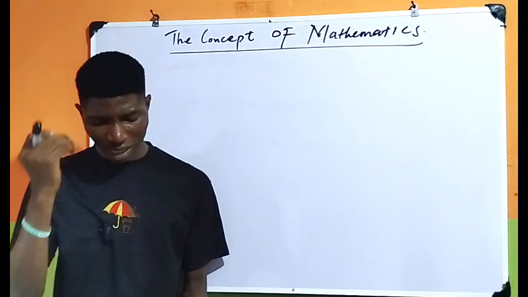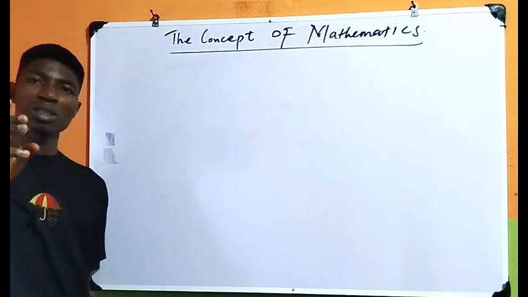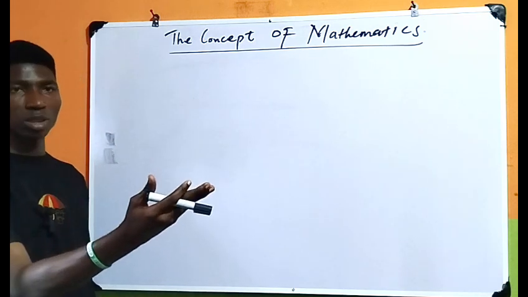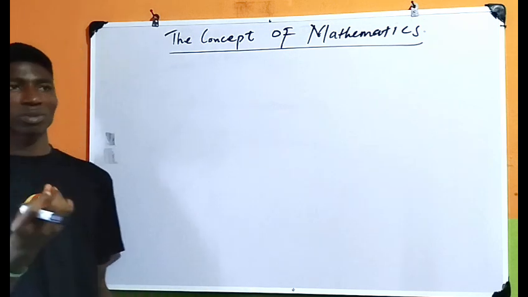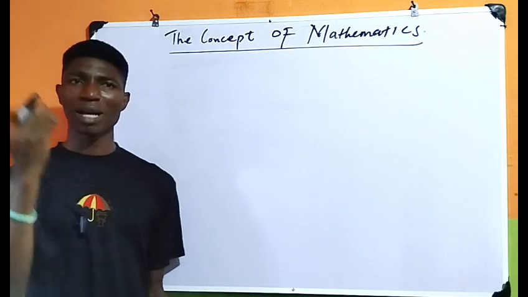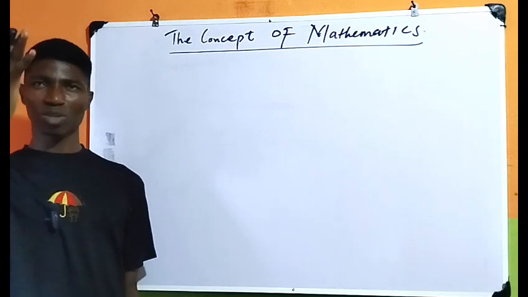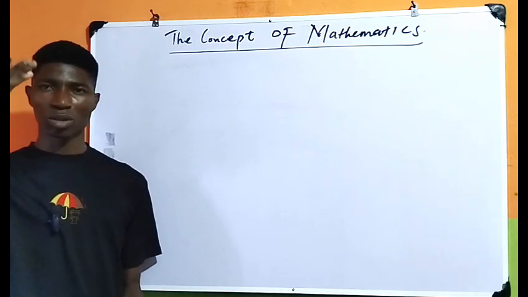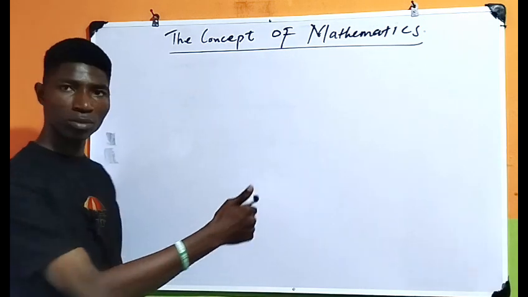Cognitive factors: abstract thinking, because mathematics is not something that is tangible. Numbers are not tangible. Symbols are not tangible. So math is abstract. Something that is a figment of what? Imagination. Something that you imagine in your mind. You understand? It's abstract. It's not something that you can feel, as in this marker or this board.